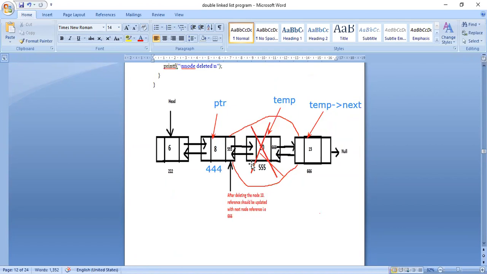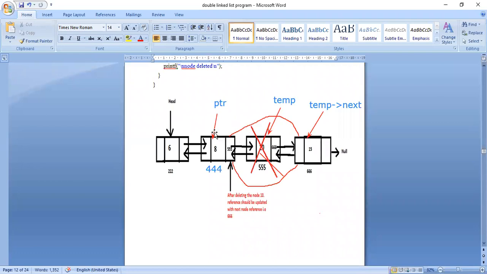So mainly 2 things. One is changing the 2 address pointers. First I have noted PTR as the node after which I want to delete. The node which I want to delete is represented by temp, and the next node is represented by temp of next.